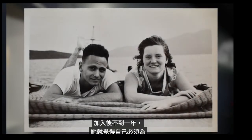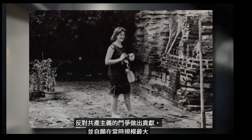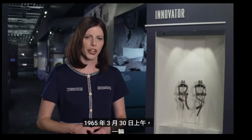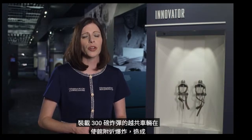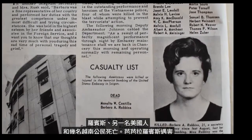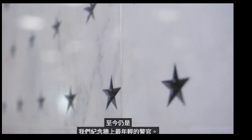Less than a year after joining, she felt compelled to make a difference in the fight against communism and volunteered to work in the largest and busiest CIA station at the time, Saigon. On the morning of March 30th, 1965, a Viet Cong vehicle loaded with a 300-pound bomb exploded near the embassy, killing Robins, another American, and several Vietnamese citizens. Only 21 years old at the time when she was killed, Barbara Robins is still the youngest officer memorialized on